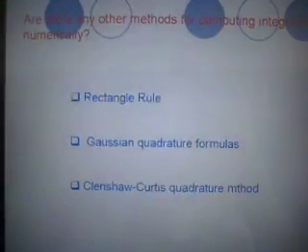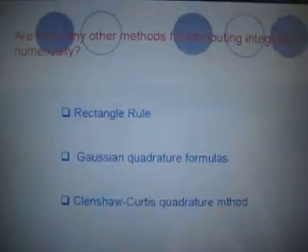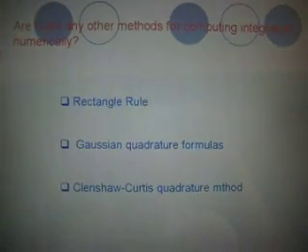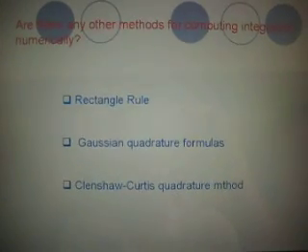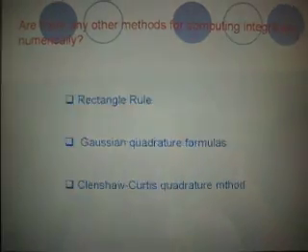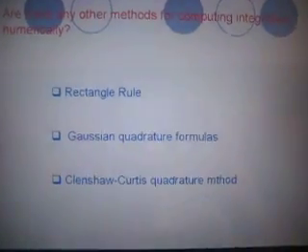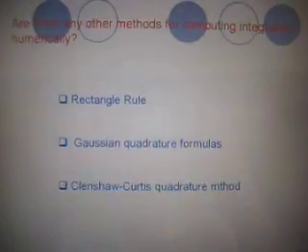Are there any other methods for computing integration numerically? Yes, there are the three rectangular rules, Gaussian quadrature formulas, and the Clenshaw-Curtis quadrature method. This is